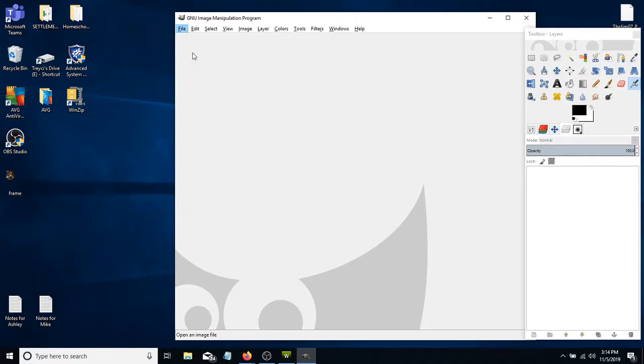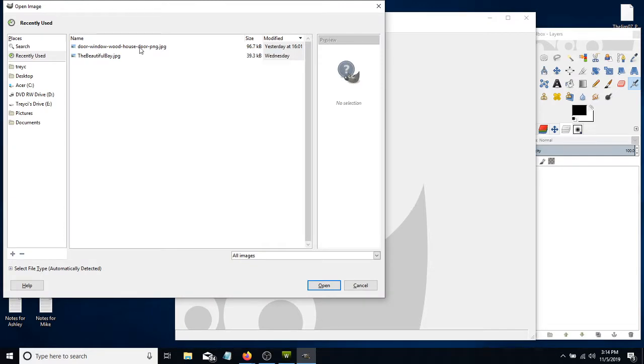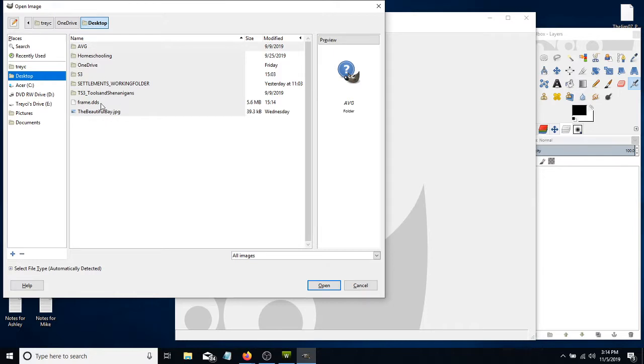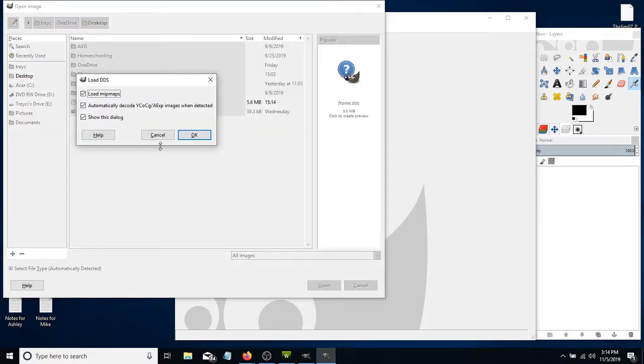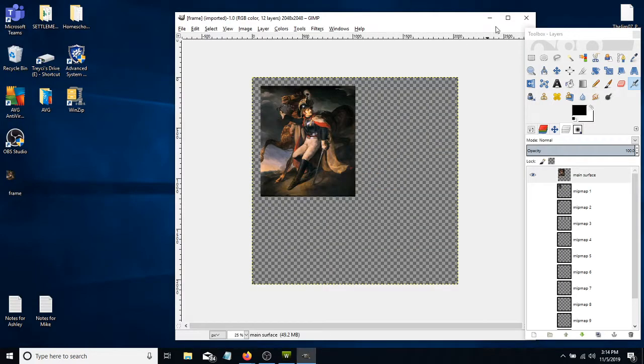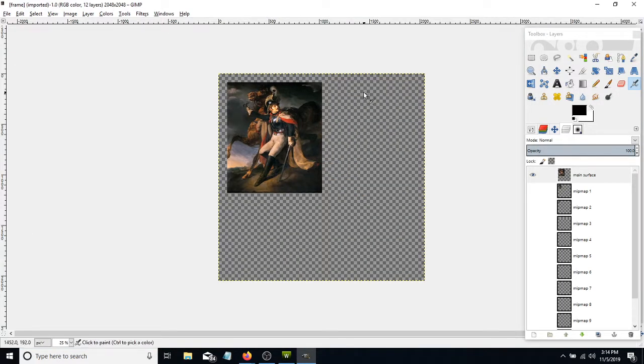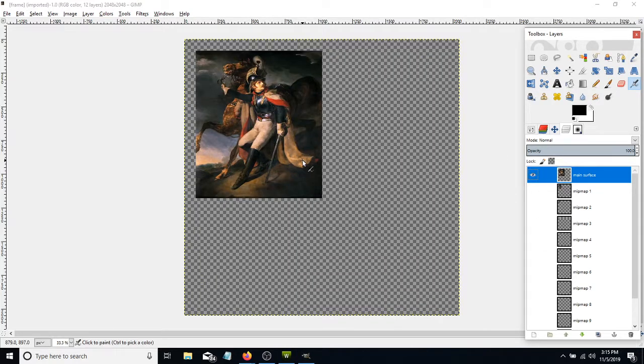And we are going to open that frame that we just exported. That's fine. Click OK. Okay, so now what we're going to do is, don't worry about any of this, we're going to zoom in, and if you don't know GIMP, all you're going to do is